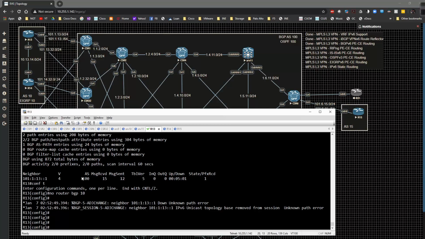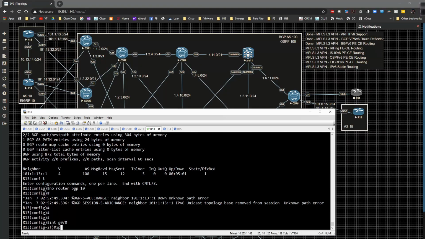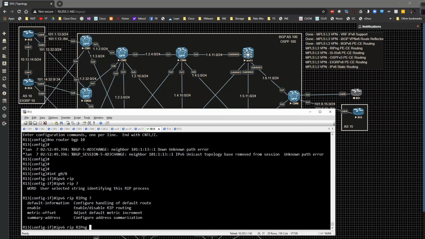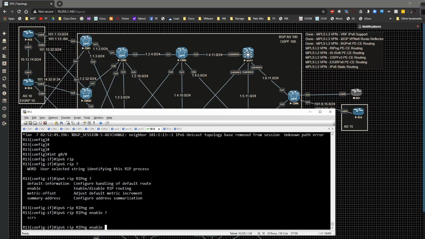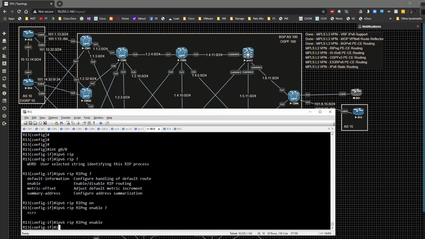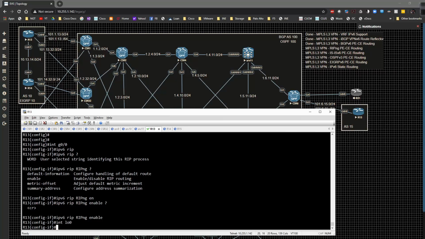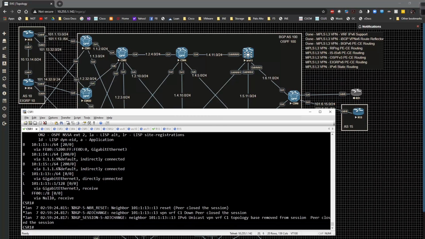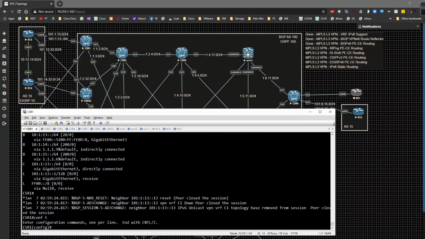So what I'm going to do is go underneath interface gig 0/0 and type in ipv6 rip, and then we have to give the process a name. So we'll type in RIPng and specify the enable command and hit the enter key. Then we're going to type in interface loopback 0, type in the same command. Pretty straightforward stuff. Then we're going to go to our CSR1, go to global config, and type in interface gig 3, and we're going to type in